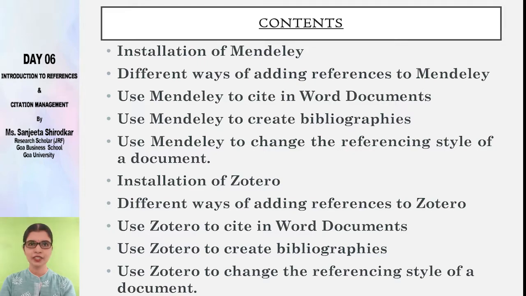So, in today's session, we are going to understand how we get started with Mendeley and Zotero. Apart from this, we are also going to understand the various ways in which references could be added to these softwares. We are also going to understand the various add-ins which are available in this software. By add-ins, I mean specifically the web add-in and the Word plugin. And finally, we are also going to understand how we could create referencing and citations using this software. So let us begin.